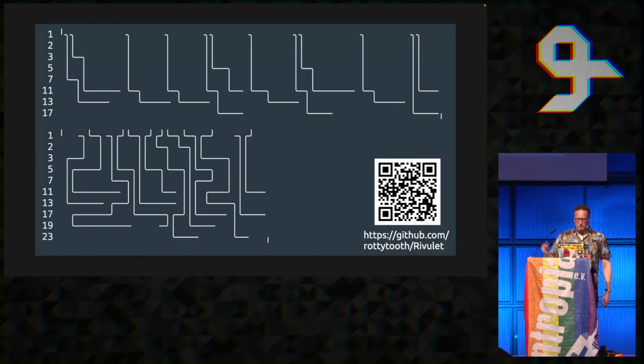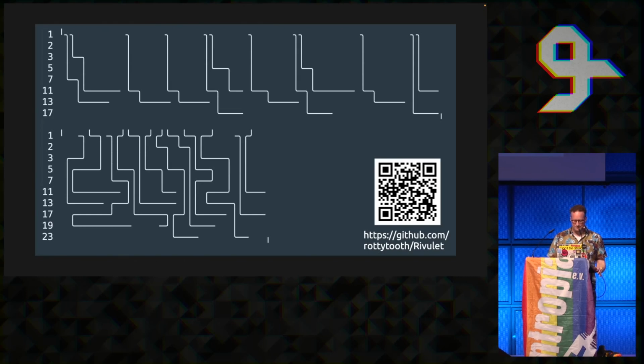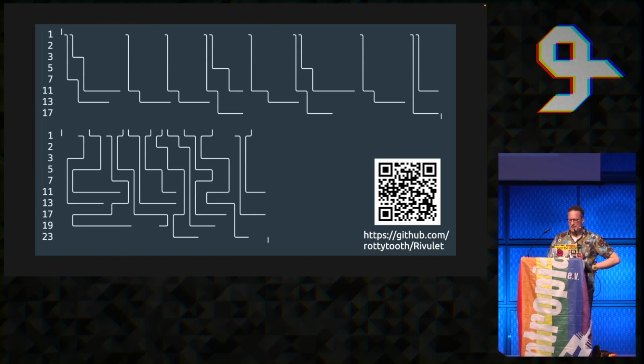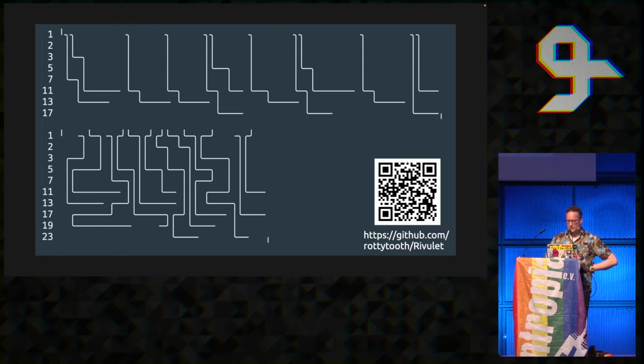So here are two Hello World programs. These are both by Joe Wood. Joe Wood is a professor of visual analytics at City University of London. He's just someone who found the project and started writing code for it. Now, the top one is the less Rivulet-looking version of the code, but it's the simpler one. And the idea of Rivulet is that you're trying to compact the code as much as possible, so that's what we get at the bottom, what it looks like when he does that.